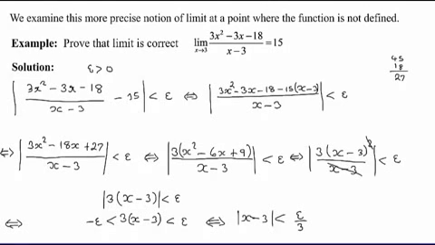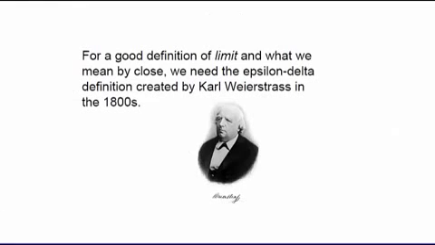Hence we've got such writings which say that for a good definition of limit and what we mean by close, we need the epsilon delta definition created by Karl Weierstrass. Actually, this definition is very important to understand, and we recommend that you study your text and look at the examples so that you understand this definition thoroughly,